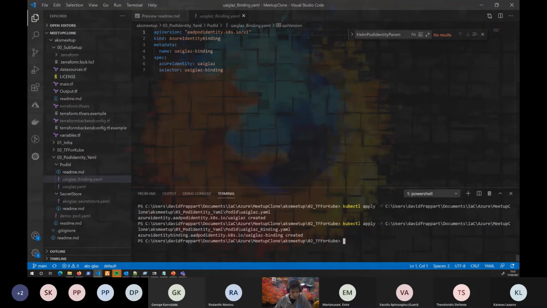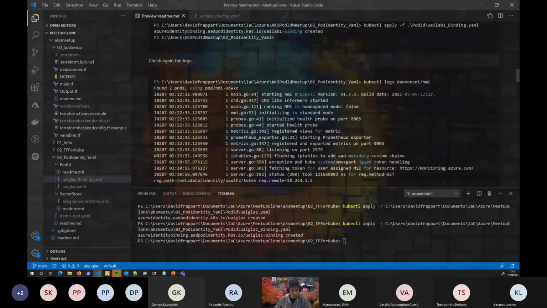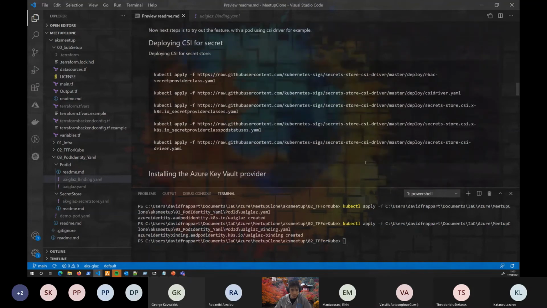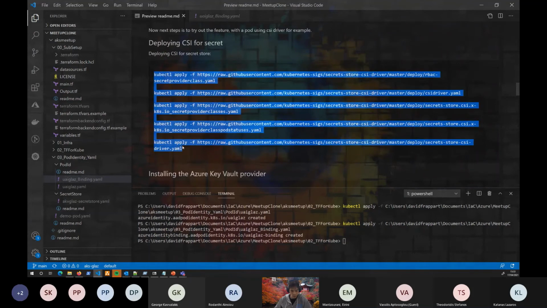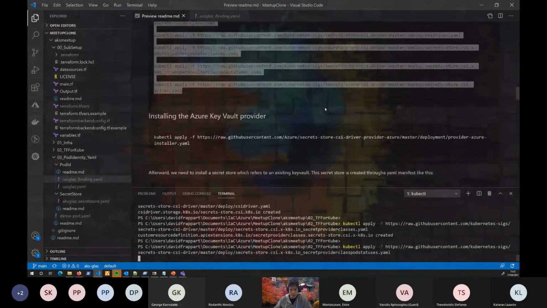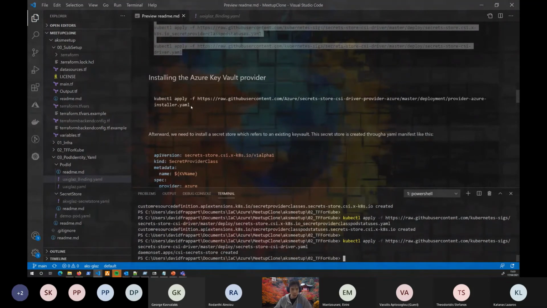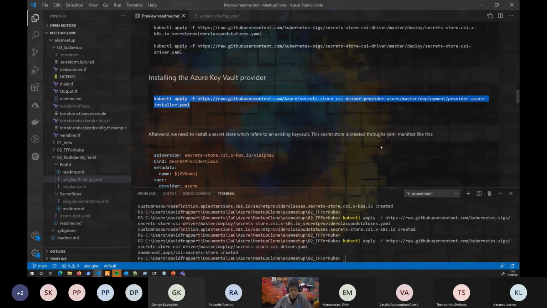Okay, so since we are limited in time, I will take some shortcut. I have done all my installation. And now I can deploy my CSI for secret store. So this set of commands that I will use there, and everything will be done automatically through that. I need to press enter. Okay, and then I will also specify another add-on which allows us to have a secret store for Key Vault.